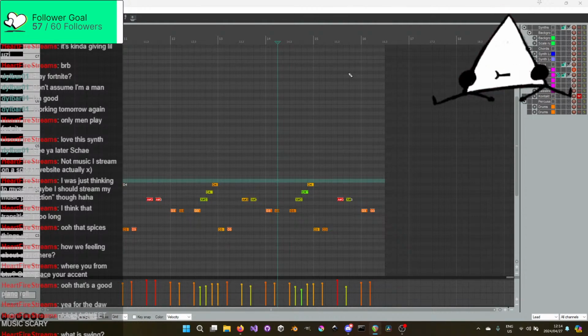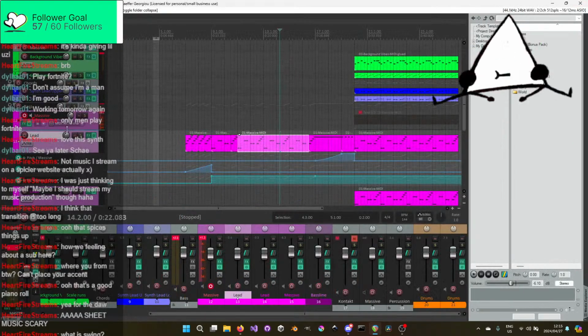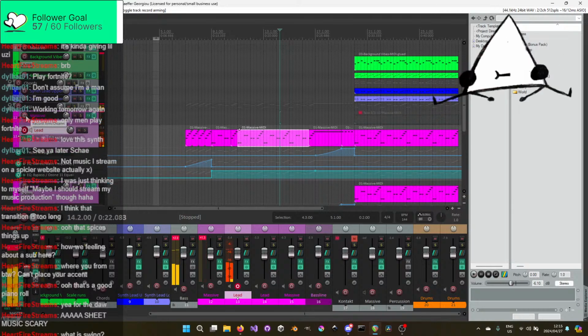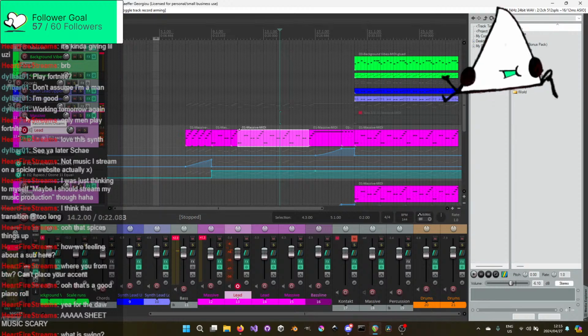Swing. Oh, swing in music. It happens a lot more in jazz and big band type stuff. Swing, essentially, displaces the second note. So normally where you'd play straight, you'd go like, I have a keyboard. That's not a good synth to use for this. Let's use the lead. Whereas swing would be... You essentially just shift the one note slightly off beat to give it more of a swinging type feel.